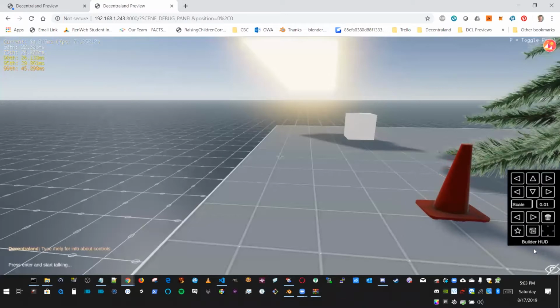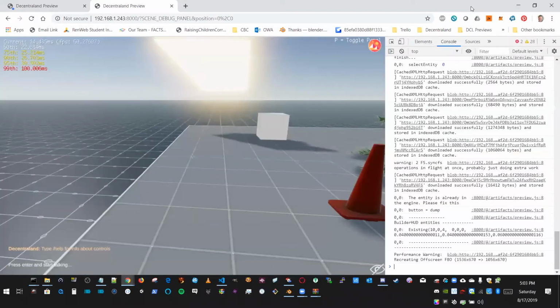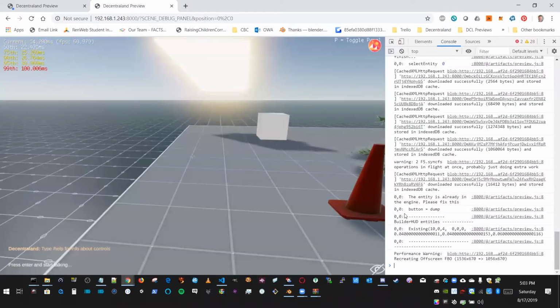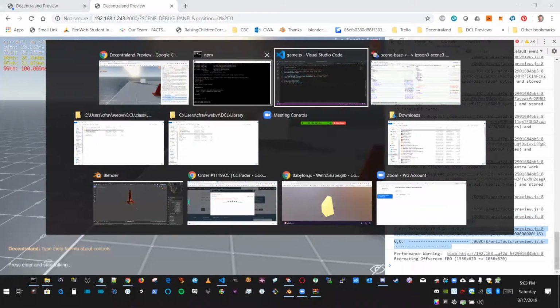So then how you use this thing is you click the save. This is a little diskette, like save diskette. And click that once. And then I open up the browser's console window by typing F12. And I'll find that it printed in the console window an output from the Builder HUD, this output right there. I'm going to copy that much, go back to my editor,